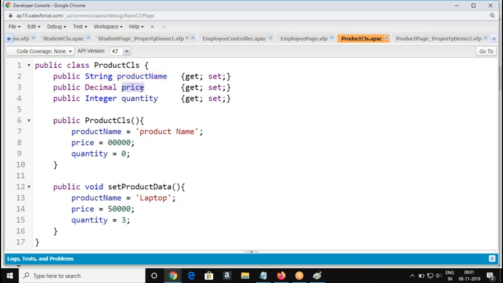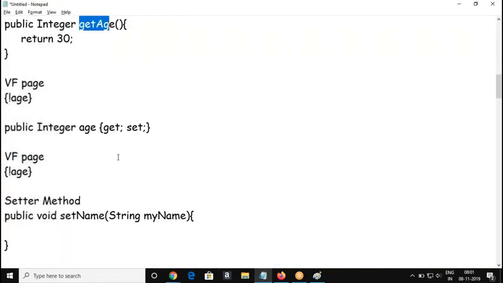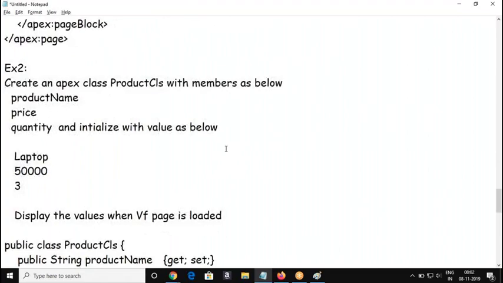When you're trying to read the price, check another database, get the price and discount it, then assign a value. Something you'd like to process or execute whenever the variable is read or whenever you assign a value, then go for an expanded block, getter or setter. If I'm not doing anything, just reading or assigning the variable, not performing any logic when the variable is read, then go with the automated property.